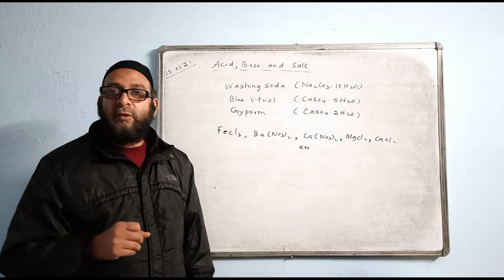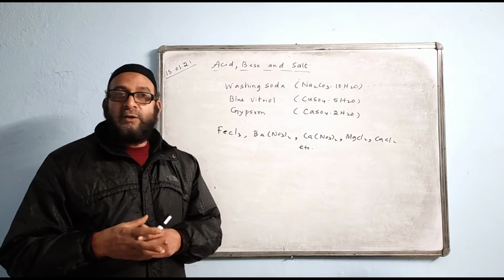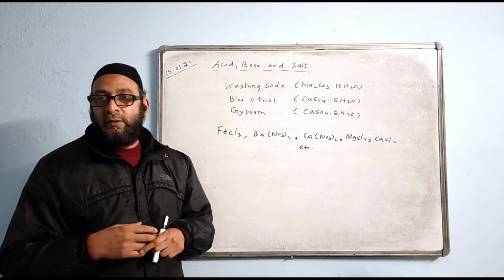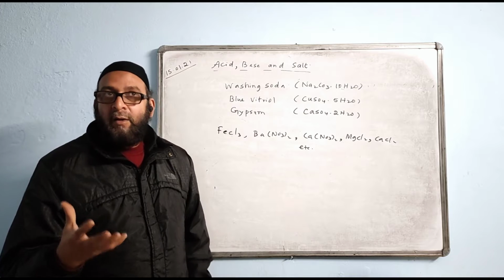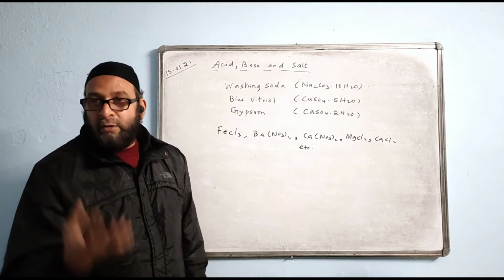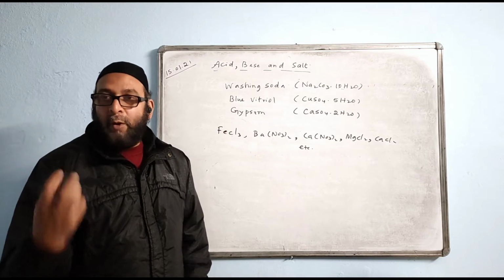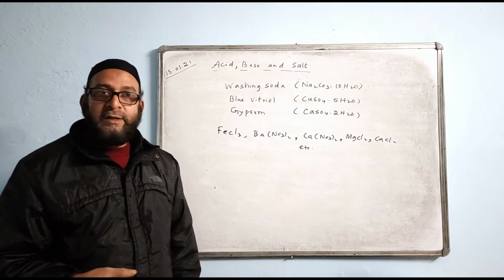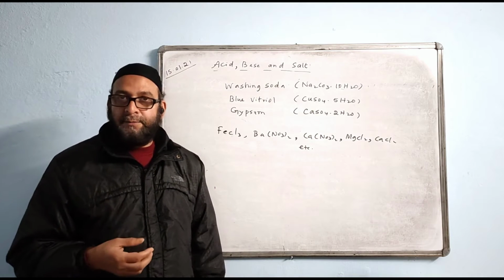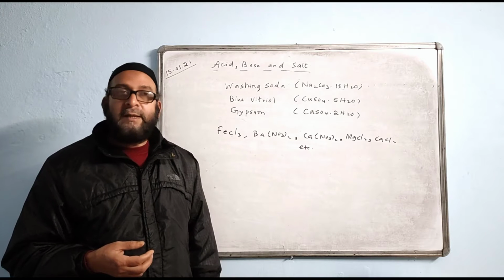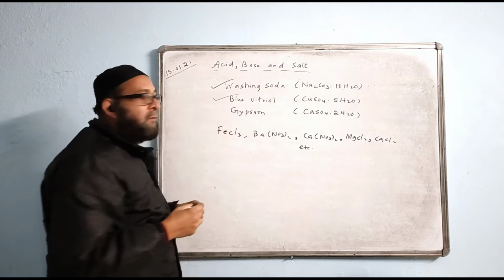Now the next one, the last one, is efflorescent salts. What are efflorescent salts? We say efflorescent substances are actually some hydrated salts. Crystalline salts with water of crystallization, on exposure to the atmosphere, lose their water of crystallization either partly or completely to change into powder, and are called efflorescent substances. This phenomenon is called efflorescence. What are the examples of efflorescent substances? Washing soda and blue vitriol.